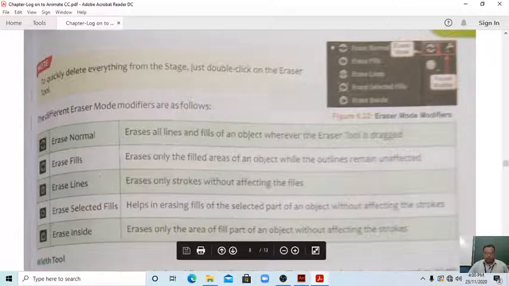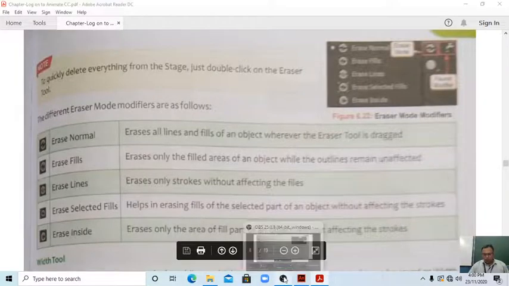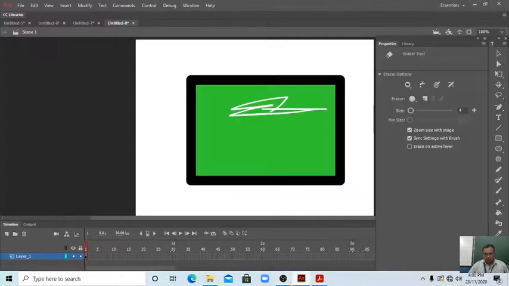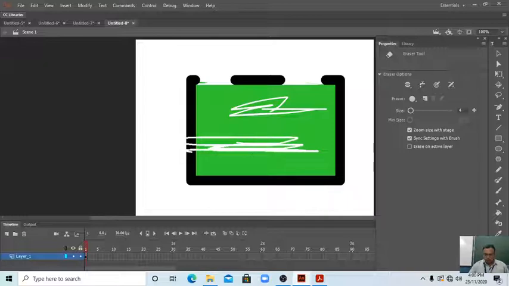Okay, erase lines erases only the stroke without affecting the fills. See, this is just the opposite. Third, erase lines. See this erases. When we do it here, there is no effect on this one.